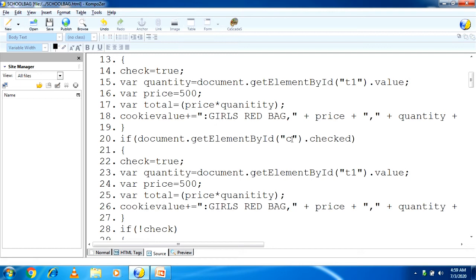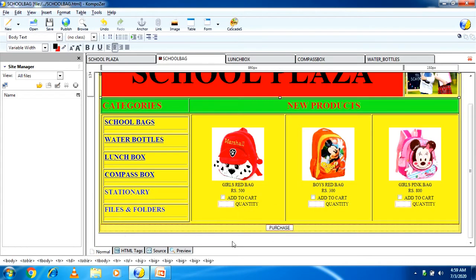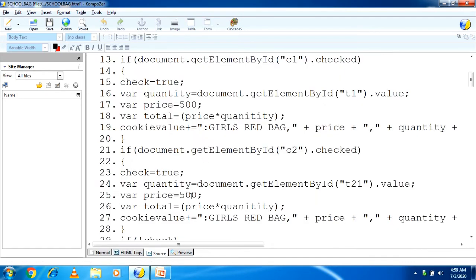So concentrate and do it perfectly. This is my second product, so I'm writing C2, and the text box also T2. Here I have to change the price of the second bag to 300, so I will write 300 here.